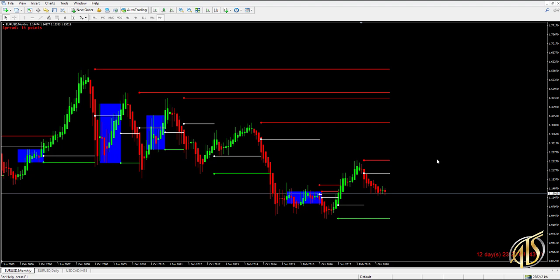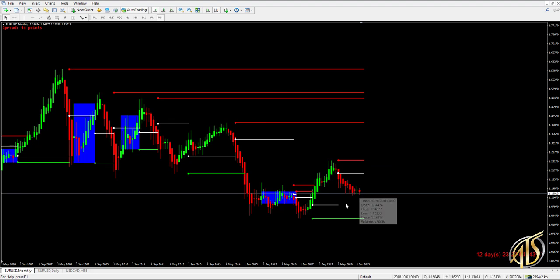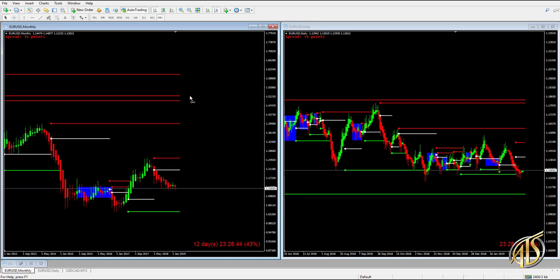So it's kind of a love-hate relationship with price. It wants to be drawn to those lines, and then it wants to get away from them as quickly as possible. So those are definitely good price targets to use when you're trying to plan out these trades. Anyway, I don't want to get too off track, but like I said, what I want you guys to do is get more aggressive on those situations